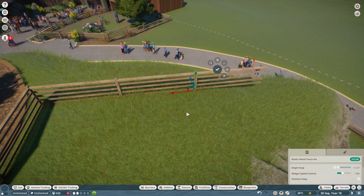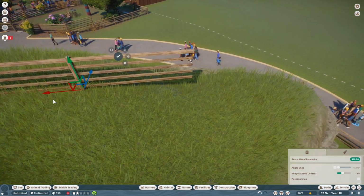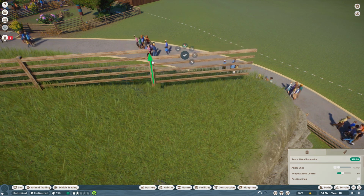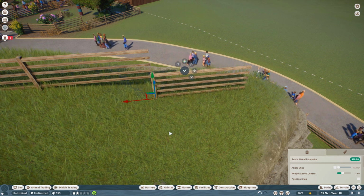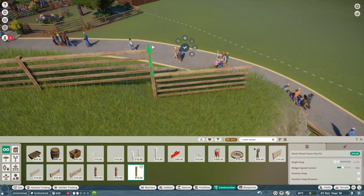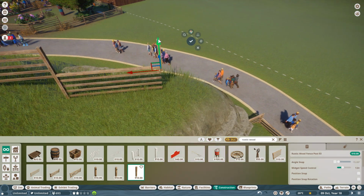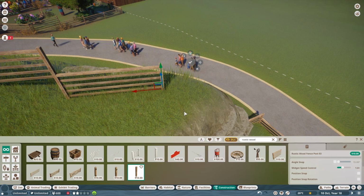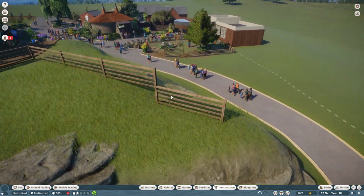We'll take this all the way out. And then down, a long way down, like so. And then I think I just need to fill in with some extra posts. Like that. And then let's just see. Yeah, so I also need